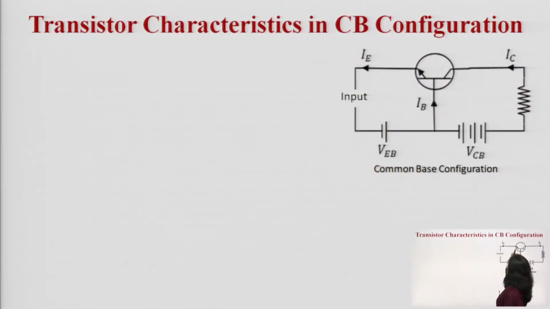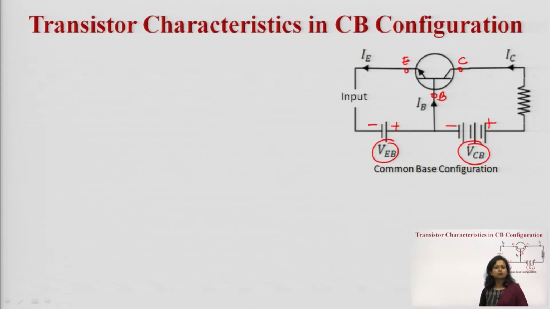Transistor characteristics in common base configuration. The first case is common base configuration. From the name itself, as I have told you, here this is the base terminal. The base terminal is made common with the emitter and the collector. You can see the batteries VEB and VCB are connected in such a manner that the emitter base terminal is forward bias, and the collector base terminal is reverse bias. Then only the transistor will work in active mode. You know that there are four possible modes: active mode, saturation mode, cutoff mode and inverted mode. So this must be forward bias and this must be reverse bias, then only it will be in active mode.